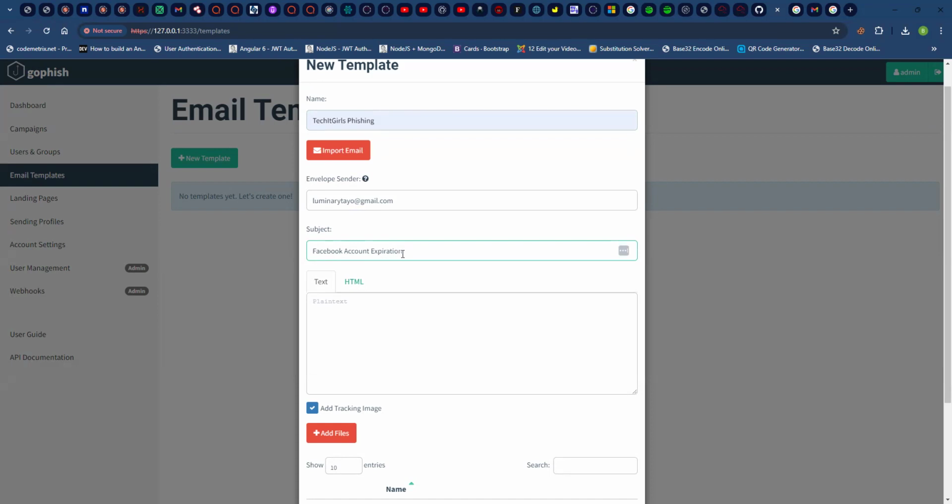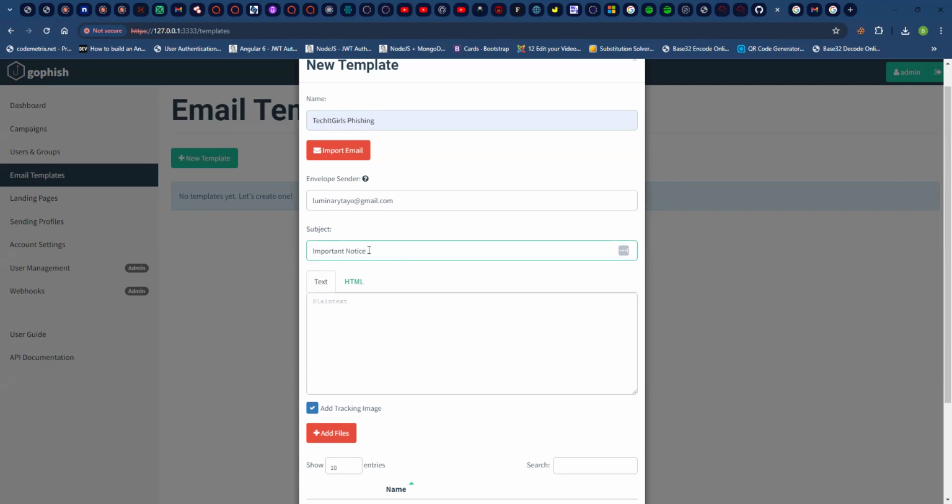So the kind of subjects you use will probably lead them to either open the email and even click on it or not. So this one I'm going to say, let's just call it importance notice. The reason I change it from Facebook whatever is because if I send that, there are a lot of email filters now, and Gmail has a lot of them nowadays. Most organizations have them. They will probably filter that email and send it to spam directly, and the user will never see it. So I'm just trying to avoid some names.